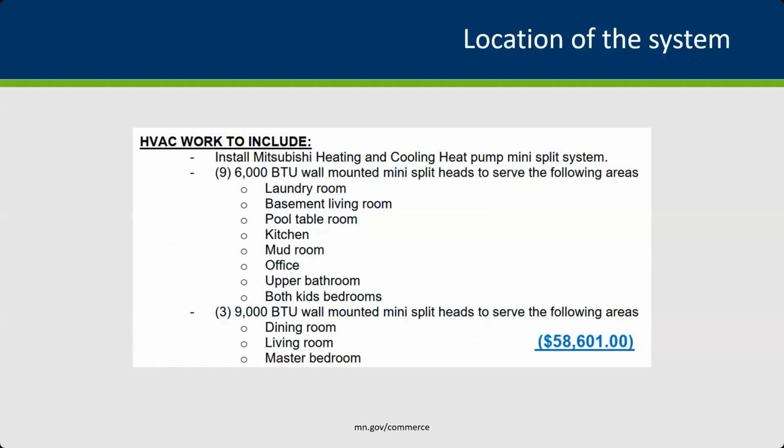So this is a bid shown on the screen for about a 2,000 square foot home. I think it was actually a 2,500 square foot home. And we just went to a contractor and asked for a heat pump bid just to see what they would come back with. And the approach used here was to put a ductless heat pump solution and put a head in every single room in the house. You can see that's 9 different heads in this particular install with a pretty hefty price tag to do those